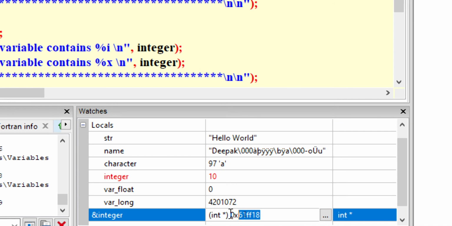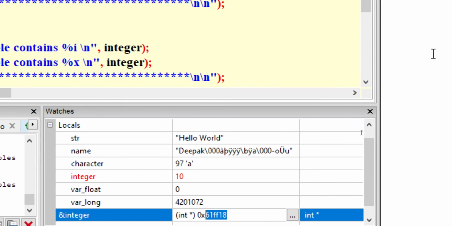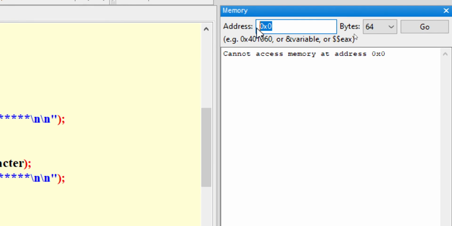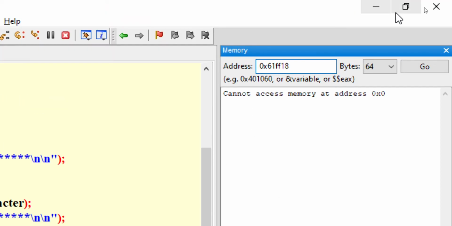Why 0x? Because this number 61ff18 is hexadecimal. Therefore, to represent hexadecimal numbers, 0x is used. So let us copy this address 0x61ff18, copy, and then go to this location for the address. We'll type it here, 0x61ff18.